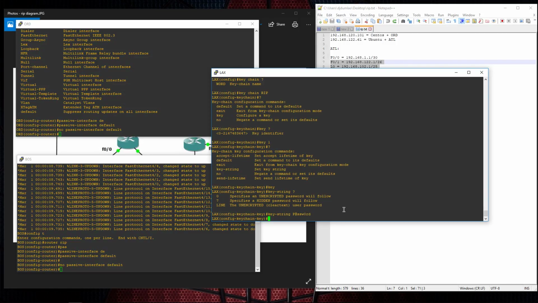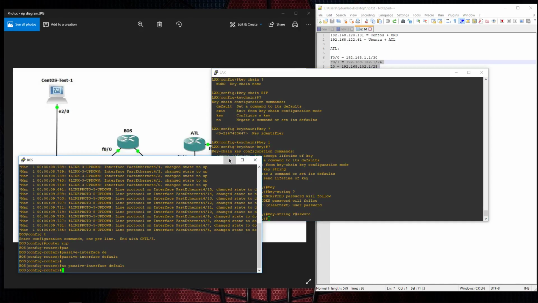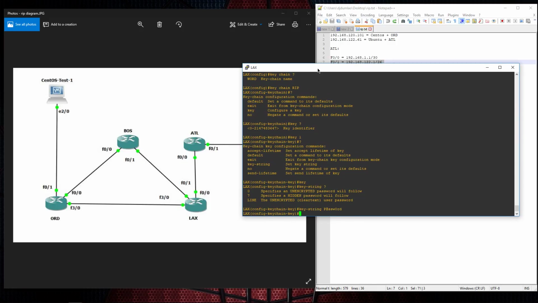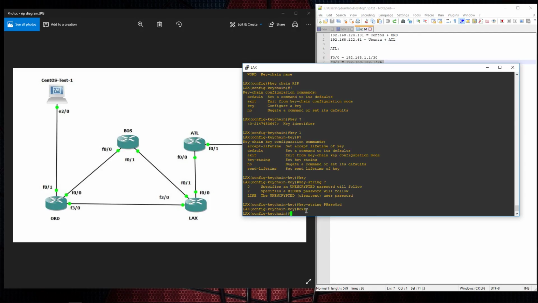And then after we configure the key string, we have to put it on all the interfaces that we want the authentication to take place. So for LAX, we have fast 0/0, fast 0/1 and FastEthernet 3/0. So we're gonna exit on this, save,